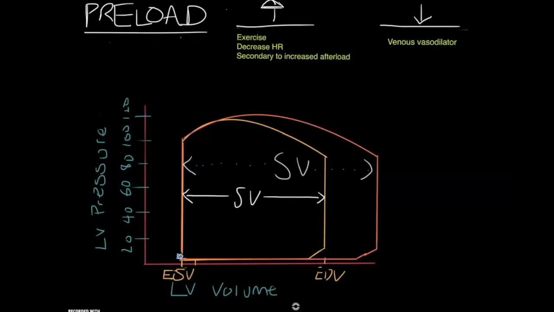So let's move on to our first example, which is the preload. Preload is an indication of your end diastolic volume. Essentially, it's an indication of your end diastolic volume. Now, what is the end diastolic volume? Basically, it's the point at the end of diastole when your myocardium is stretched out and filled with blood,